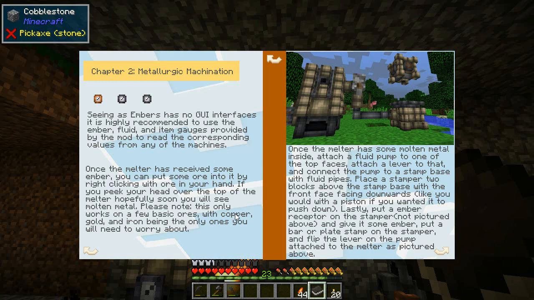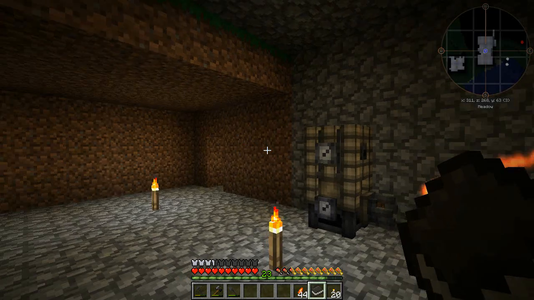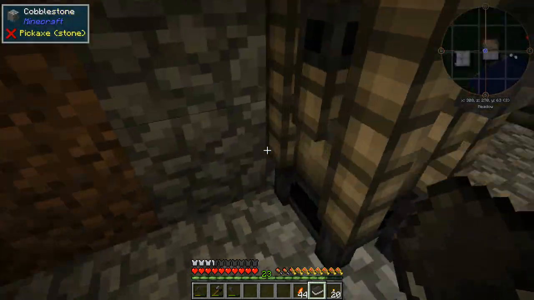And iron being the only one you need to worry about. Once there's molten metal, attach a fluid pump to one of the top faces and leave it at that, and connect it to a stamp base with fluid pipes. So...